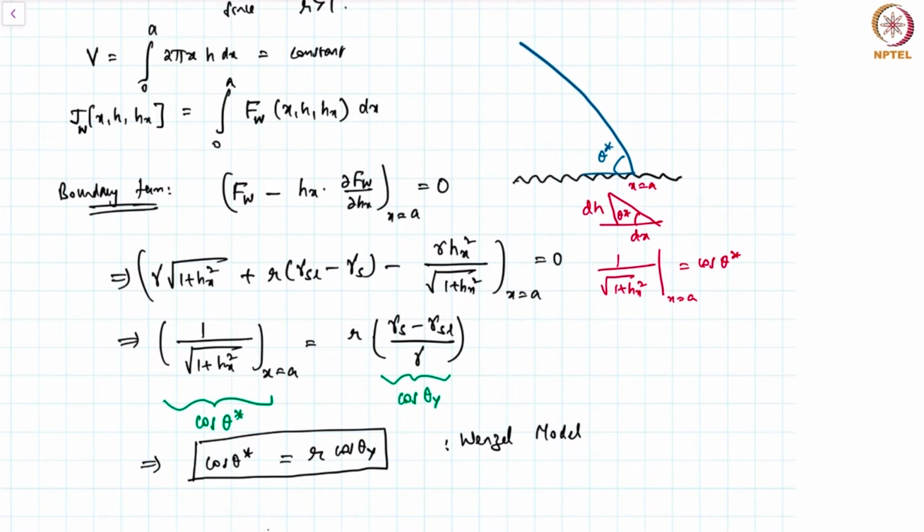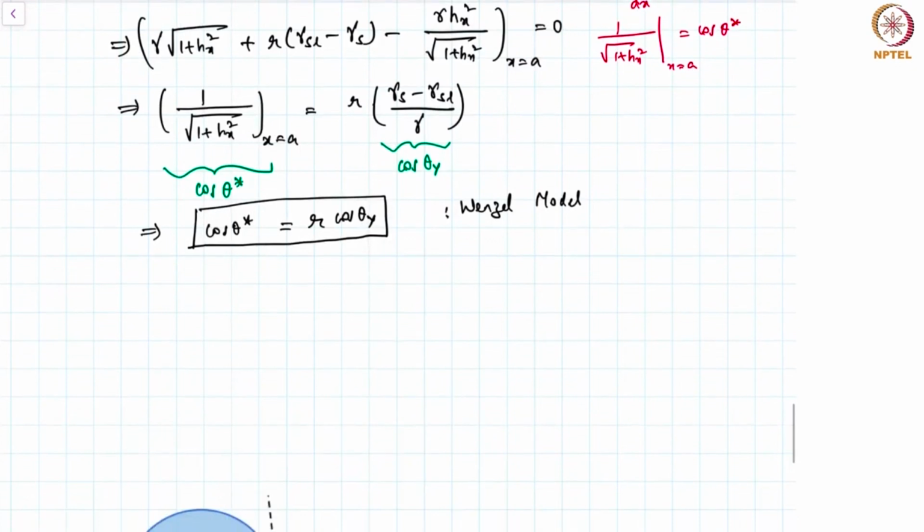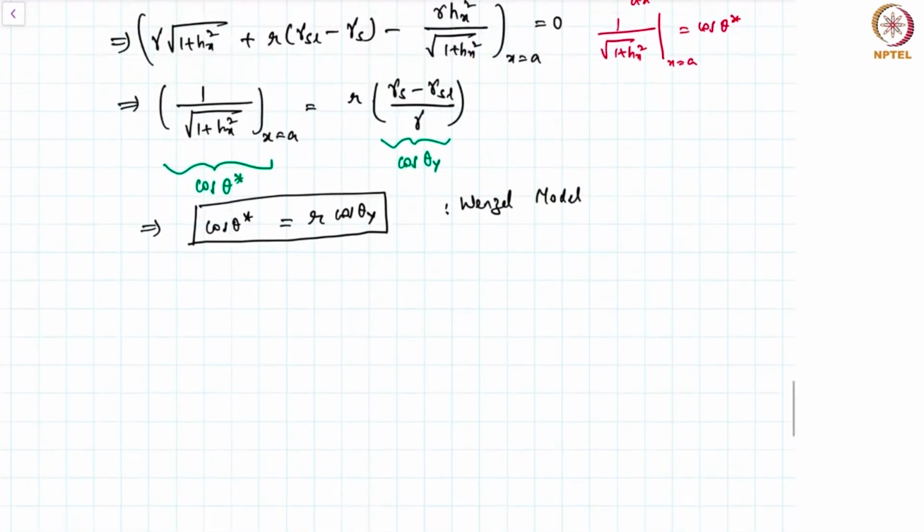Okay, now there are a couple of other predictions that come out of the Young's model. We will look at that in a bit. I want to look at the heterogeneous case as well, the chemically heterogeneous surface as well. But let me look at some observations. These are observations from the Wenzel model. The first observation is